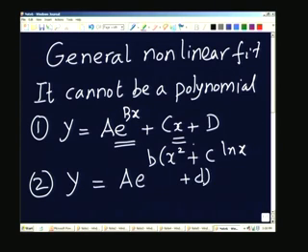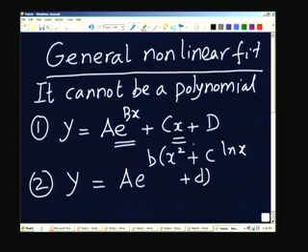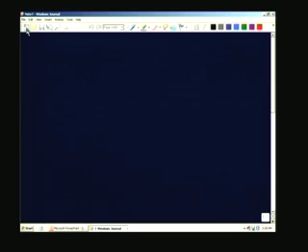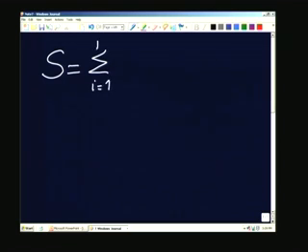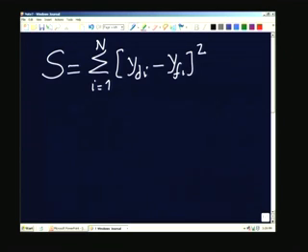So these two expressions are what we can classify as general nonlinear fit, and it is difficult to use the method which was used in the case of polynomials. Just to develop the method, let us look at what we are trying to do. The general problem is I have the sum of squares as usual, for i equal to 1 to n number of data, y data minus y fit i, whole square. So we want to minimize this,